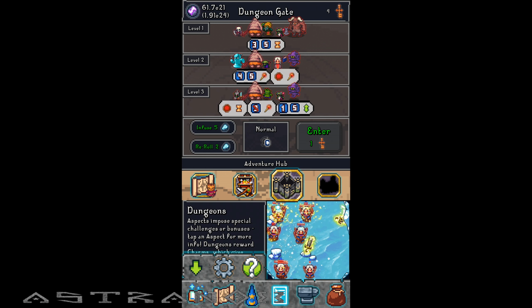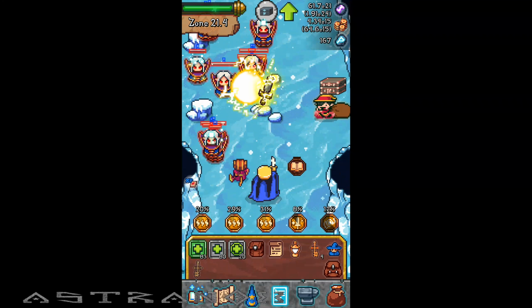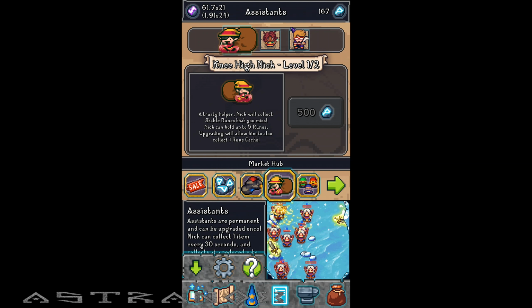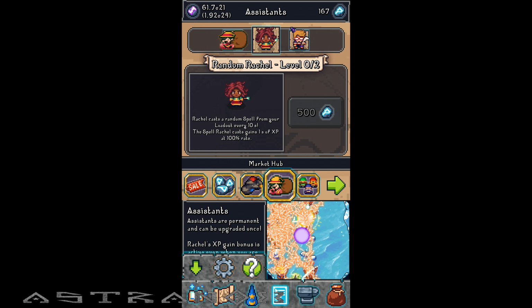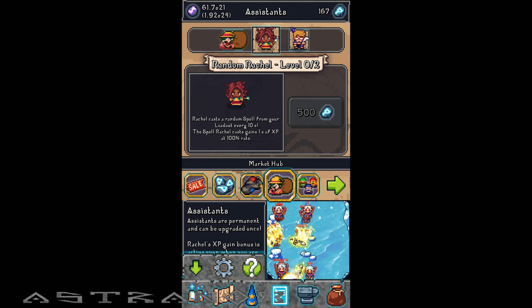So those runite can go toward something else, especially if you're free to play like me. You want to save those up and get the level 2 of Nihai Nick, or if you got him already, or if you prefer something else, you can have all of them from my understanding. So after him, I'll work toward,